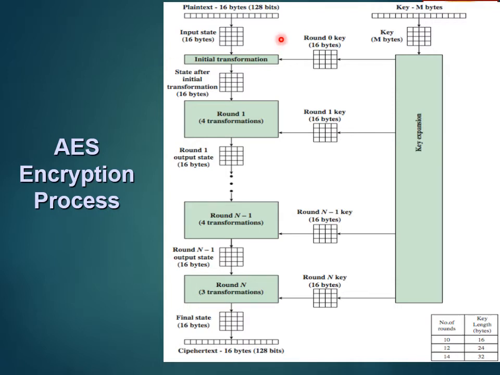See, here you can see the input is a 4x4 matrix, and after all n rounds of transformations, the final output is also a 4x4 matrix. Now on the right hand side, you can see the key expansion. This key expansion also produces keys from round 0 to round n, so you have n plus 1 keys generated. This is a 4x4 matrix key. It serves as one of the inputs to the add round key in each of these n rounds.